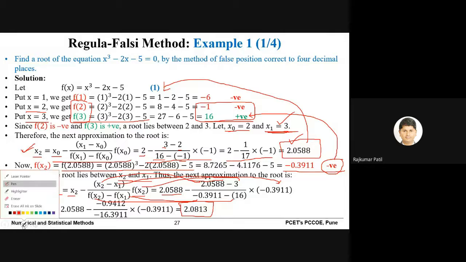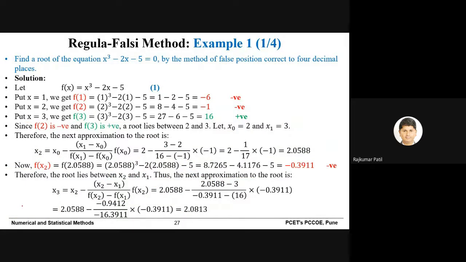So here one important thing I would like to mention: while calculating x2, we took x0 and f of x0, because the middle term we can understand. But while calculating x3 we took x2 and f of x2 instead of x1 and f of x1. Ultimately the meaning is the same. How we rearrange the terms and simplify the equation, we discussed in the previous slide. So there is no end effect on the answer.